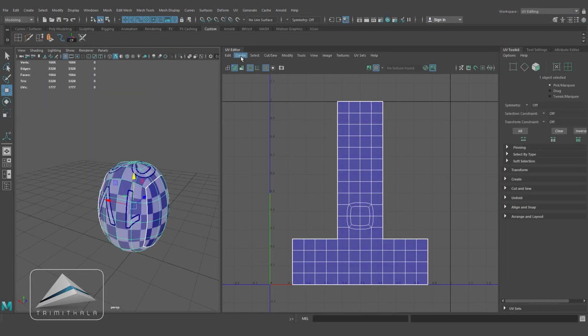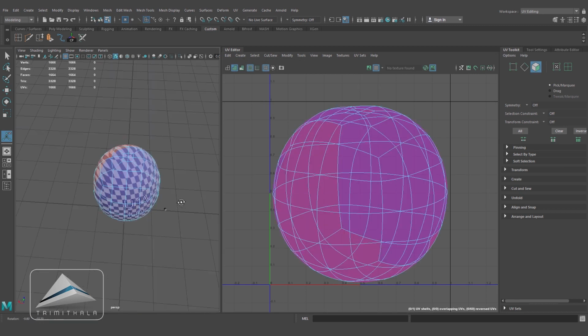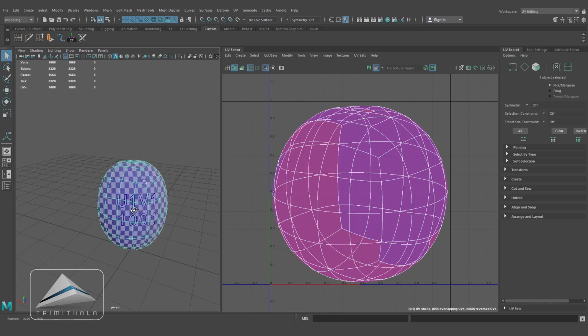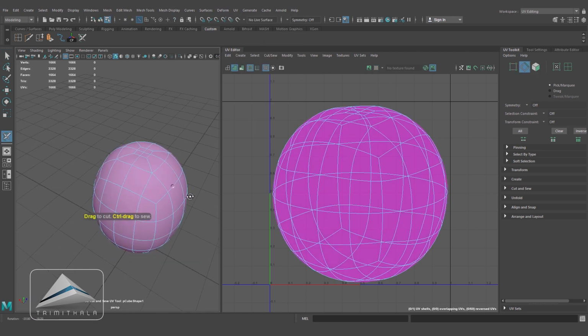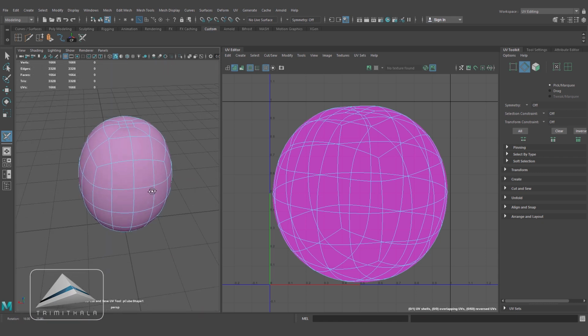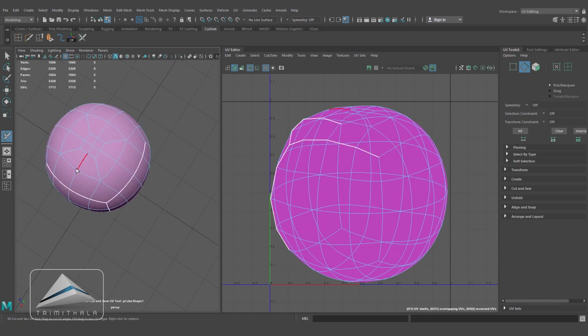I'm switching to the UV editing mode. Going to create and apply planar mapping. Here my idea is to unwrap this grape and then to duplicate it. Now going to UV and taking the 3D Cut tool. I'm going to select the edges I want to create my seam. So let's select the edges.